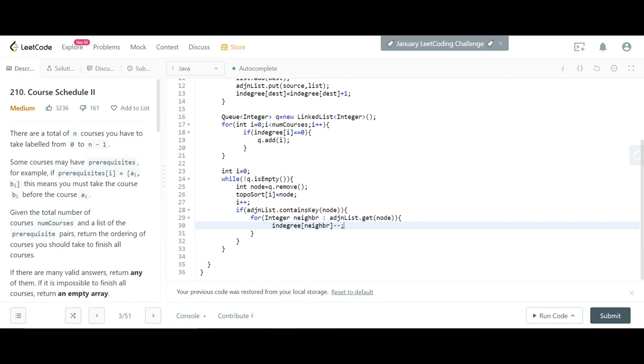And while doing that, if we find that the in degree value of that neighbor became 0, then we have to include that in the queue. So if any of their value becomes 0, then we have to put it in the queue.